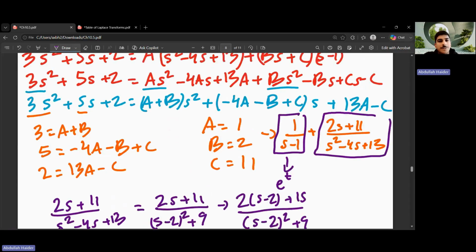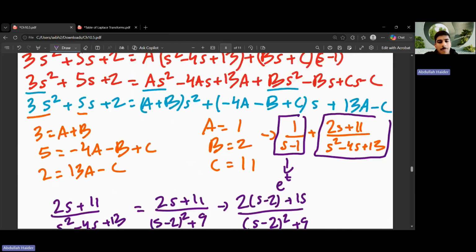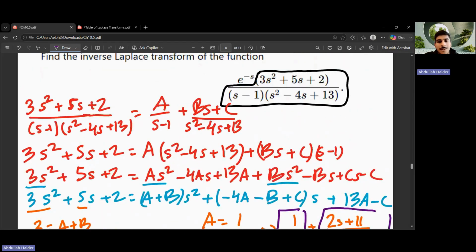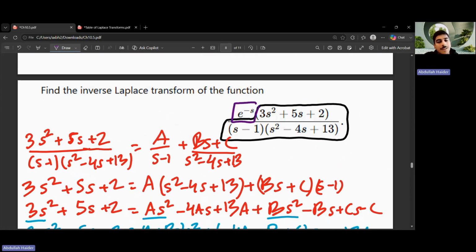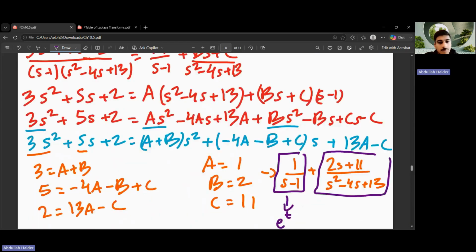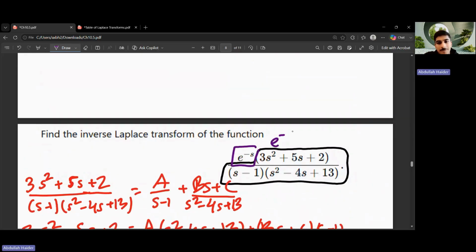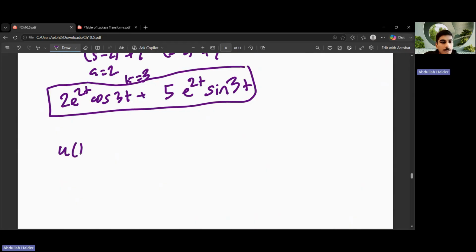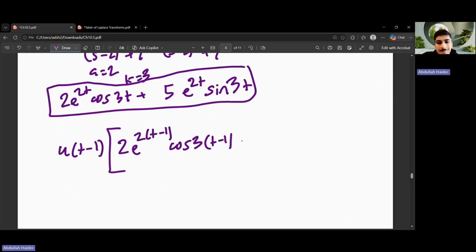And this is the inverse of the partial fraction. And in case you haven't noticed yet, we need to apply our transformation. a is 1, so basically e^(-as). Means you will have to do u(t minus 1), and then replace everywhere t by t minus 1. So 2e^(2(t minus 1)) cosine 3(t minus 1) plus 5